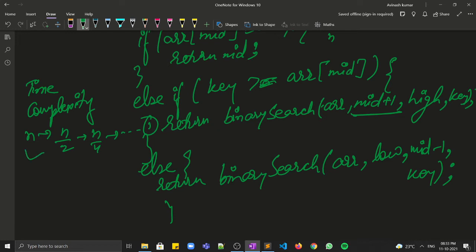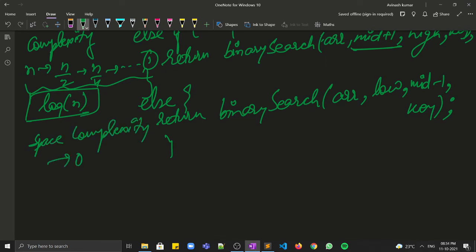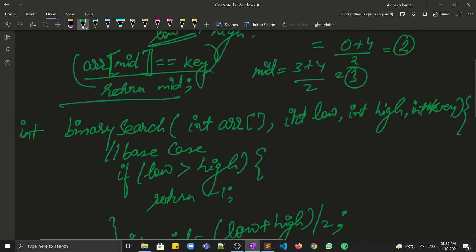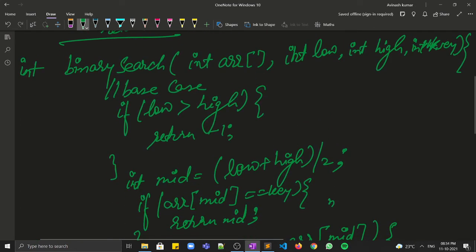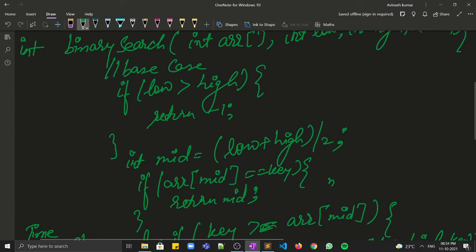So you can surely say this is log n time complexity, and the space complexity will also be log n, because you are calling on a left part or a right part at a time. I hope binary search using recursion is clear.